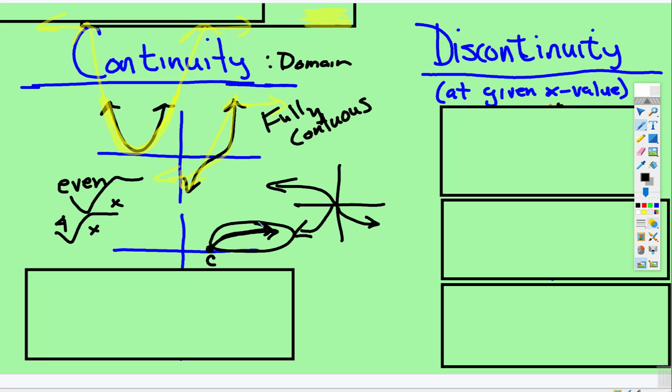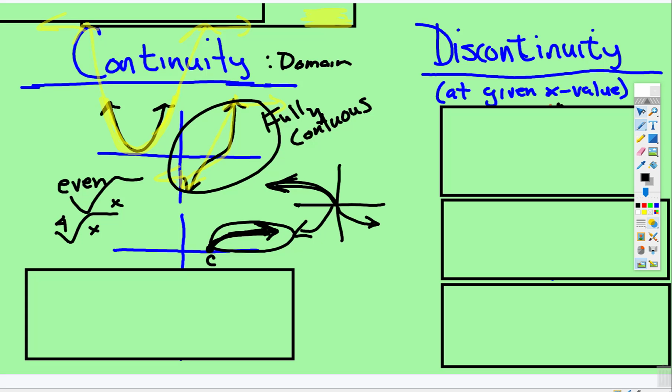Most of the time it's going to look like this, but it's fully continuous on the part where there is a graph. It doesn't cover the entire coordinate plane left and right, but at whatever starting point, whatever direction it's headed, that part is